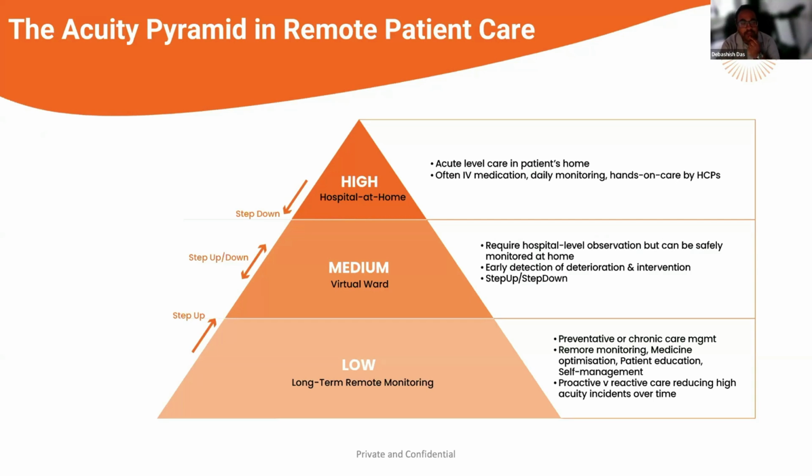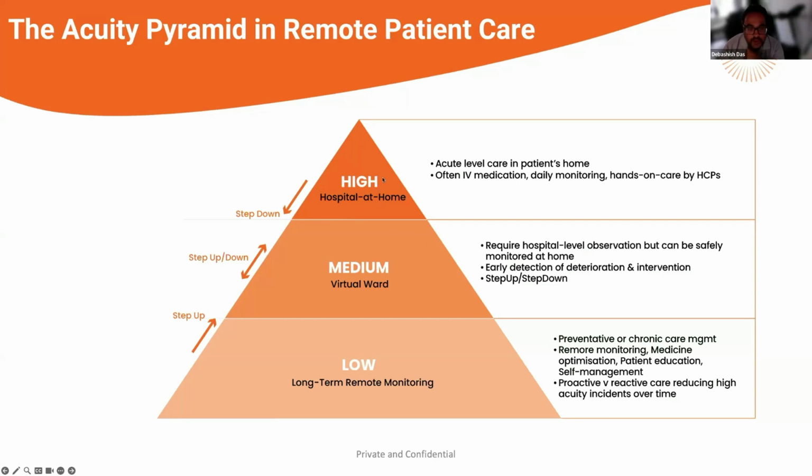And over time, I've thought of this as a framework of how I decide what my pathway looks like, how I determine what type of remote care, and what does that mean, both from technology, the staff, what's needed, the frequency of monitoring, and also a framework of how I think the future is going. So essentially the Acuity Pyramid, what I term, is where I see remote care going, of which what we are focused on at the moment, largely in the NHS, is this top of the